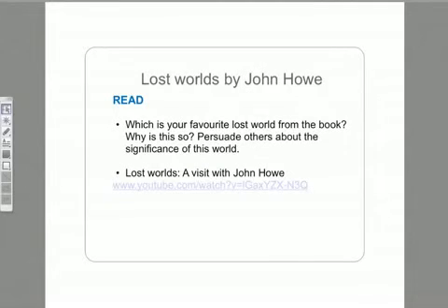So the next research task that I did relates to Lost Worlds by John Howe. And John Howe is an amazing illustrator who worked on the, I've forgotten that book, you know, the amazing trilogy with hobbits. Forgive me. But anyway, he's one of the guys that made all these special effects in that. So he's written a book about lost worlds. Some of them are mythical, and some of them are like Pompeii. And so I asked the question, which is your favourite lost world, and why is this so, and persuade others